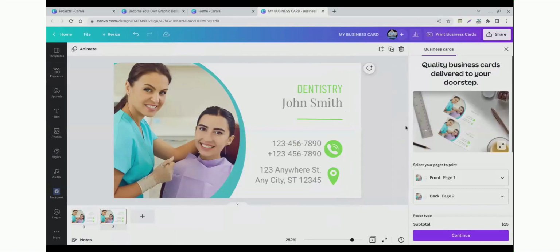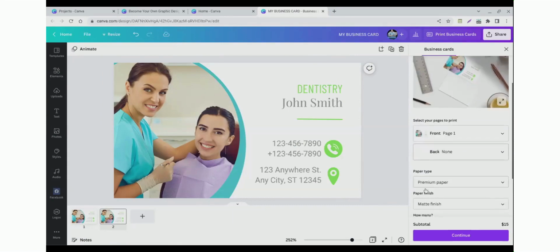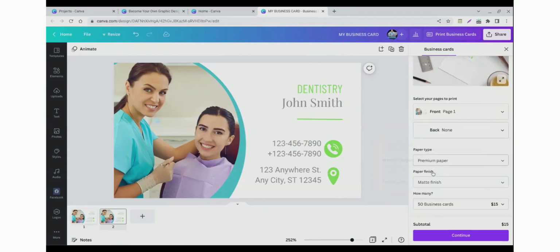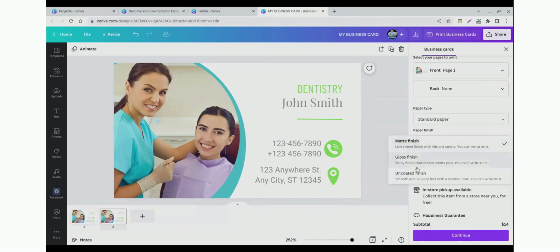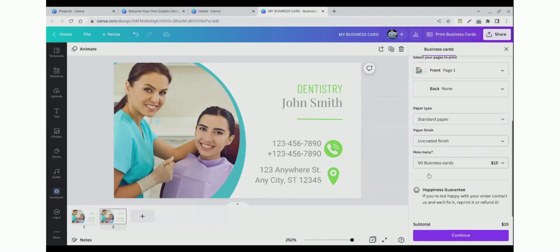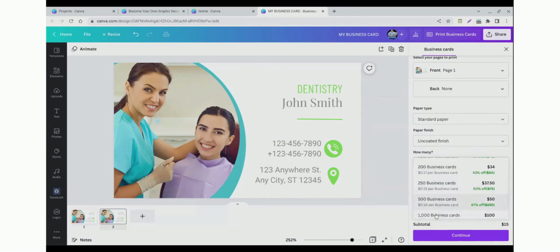Now, check this out. Quality business cards delivered to your doorstep. So let's say we're just going to do the front. I want premium paper. I want a matte finish. You can choose the option. Let's go to the standard one just because the cost is going to be a little bit less. Uncoated, that's the same. So for 200 business cards,